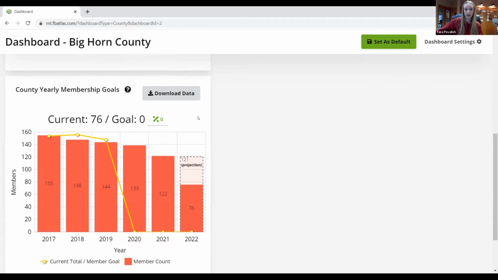And then you have this little button right here, which is called download data. This is another one that's going to show up on a lot of different files that you might be going into in Atlas. And this is super handy because if you click on this, it will basically give you an Excel file right here.